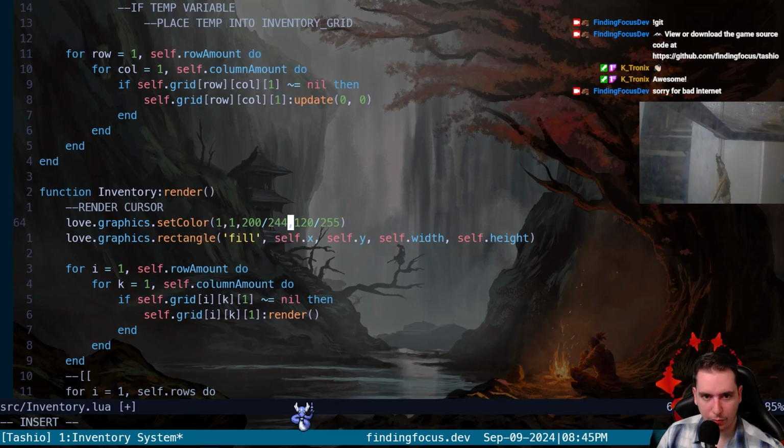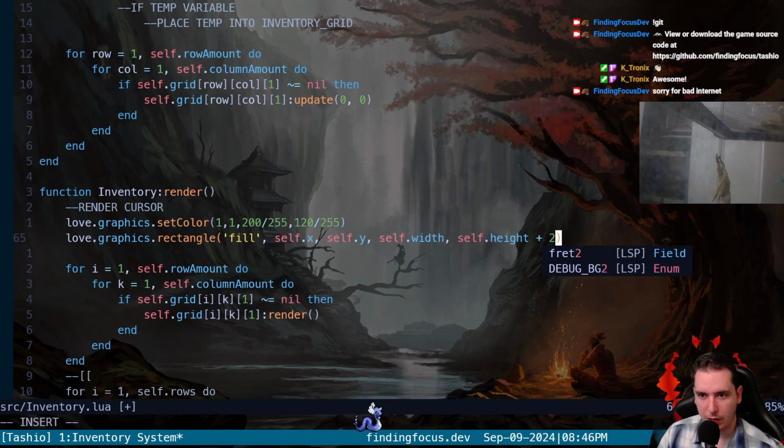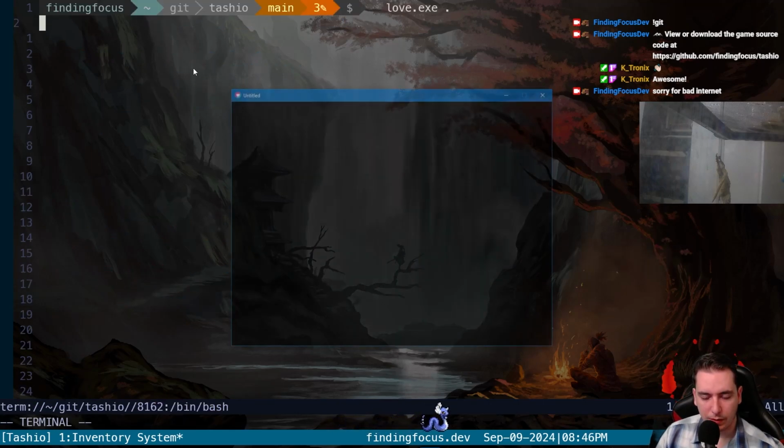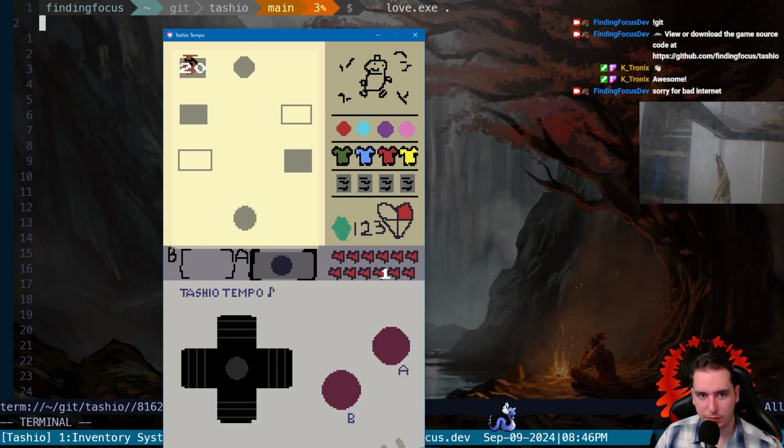We'll make it a pretty bright color, but we'll stretch it a bit. Height is just going to get taller by a couple. We don't need this for anything more than planning purposes, so okay, that looks weird, but